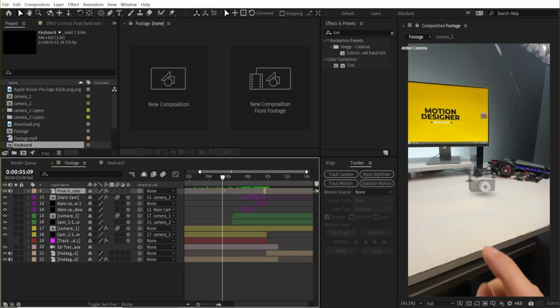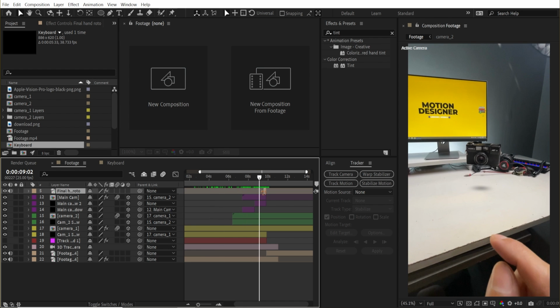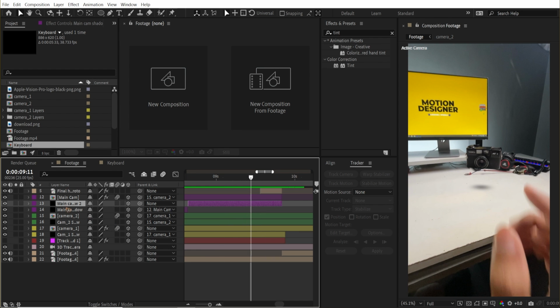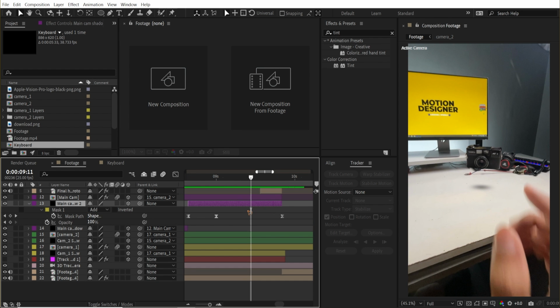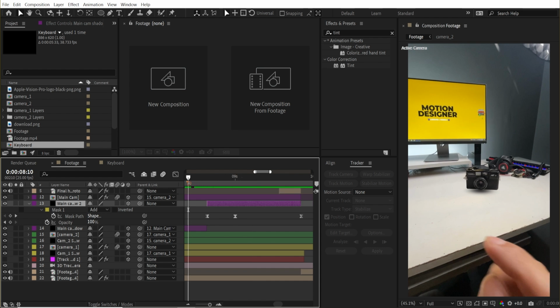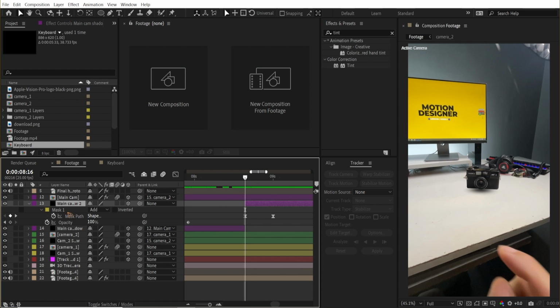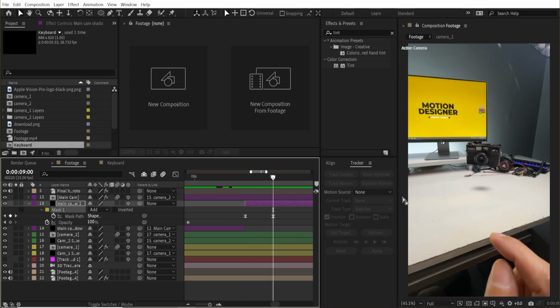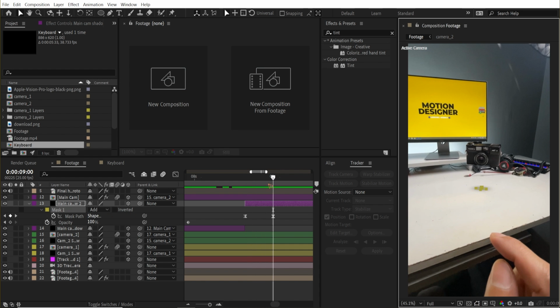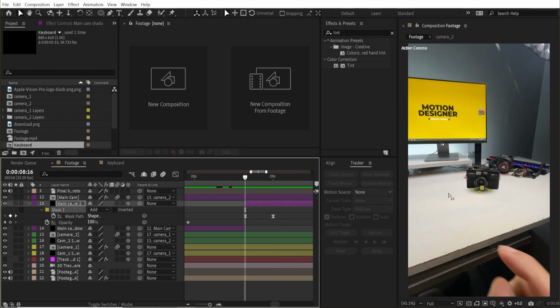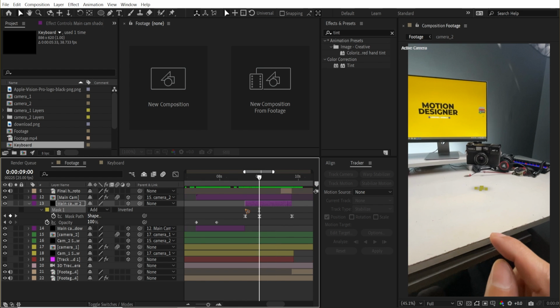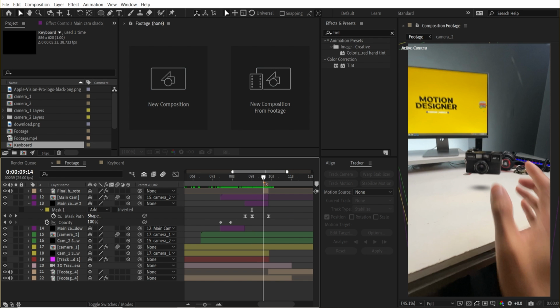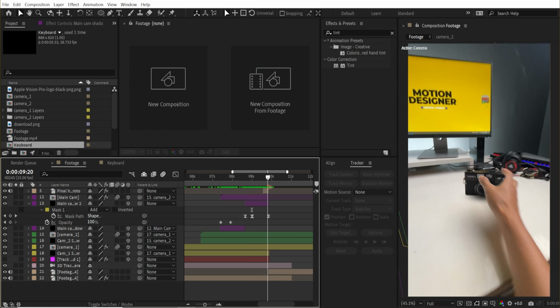To make things more realistic, I'm going to animate the shadow of the camera while it's floating in the air. So when it jumps up, I'm going to animate the shadow. So hit MM for the mask, and I'm going to animate the mask path of this. So select this and set a mask keyframe, and when the camera moves up, I'm going to scale that mask down, and when it comes back down, I'm going to copy the first keyframe and I'm going to paste it